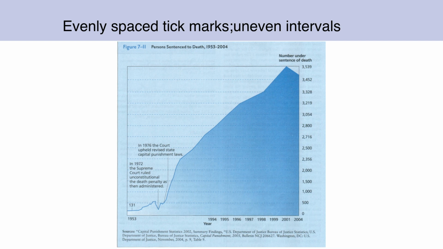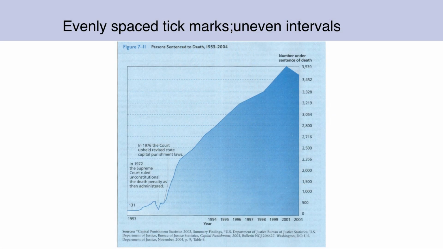Then we go 94, 95, 96, by 1 year, then 2 years, then 3 years. You can't do that. I mean, they're equally spaced tick marks, but they represent different times. It totally distorts the figure. Now let's look at the vertical axis. You see 0, 500, 1,000, 1,500. Looks okay to me, but wait,